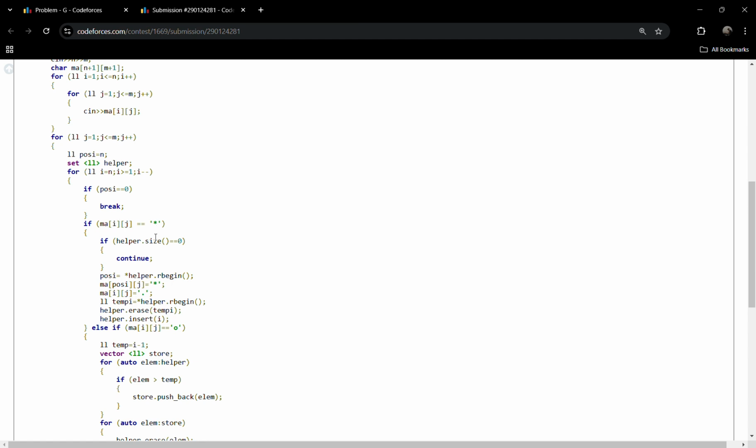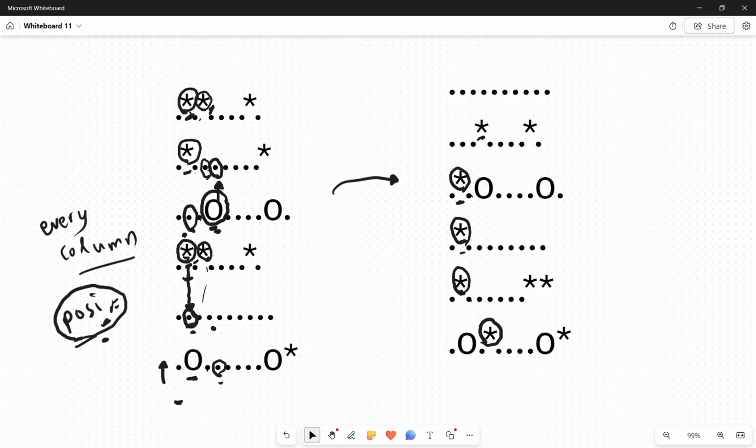And if there is a stone encountered, and if helper.size is 0, meaning helper will contain the positions. So why helper, you can wonder. Why helper is that, suppose these are the empty blocks, this is a stone, suppose this is also a stone, and this. So when I store position equal to n,